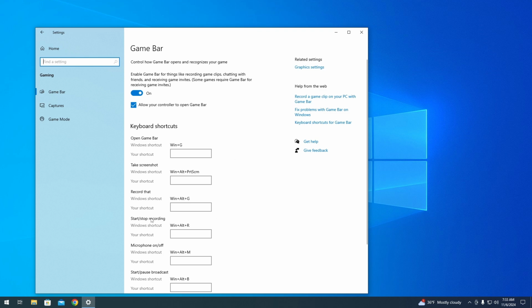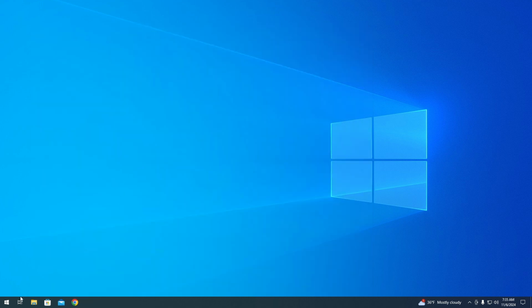So when you launch the game in full screen, you just press Windows plus Alt plus R, and it should start recording, and stop recording if you press again. Here is how you can take screenshots and all that stuff. So there are the shortcuts. Now if that still doesn't work, then we go to Start,